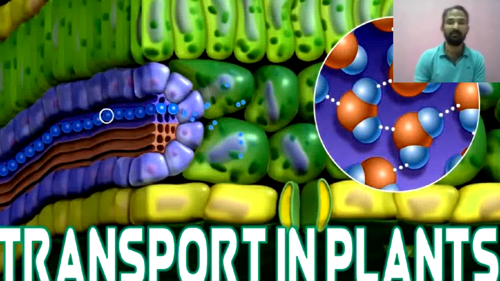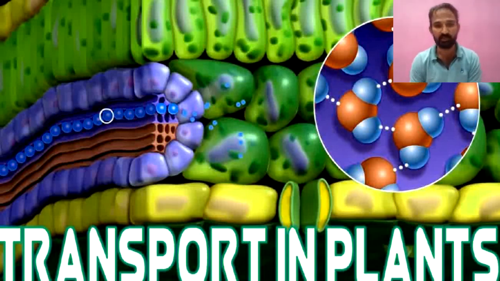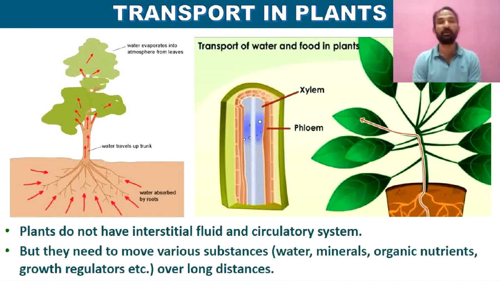Children, in this class, I am going to explain about transporting plants. The chapter belongs to second year intermediate botany. Actually, plants require water. Because water is a universal solvent, plants absorb the water and it is utilized for